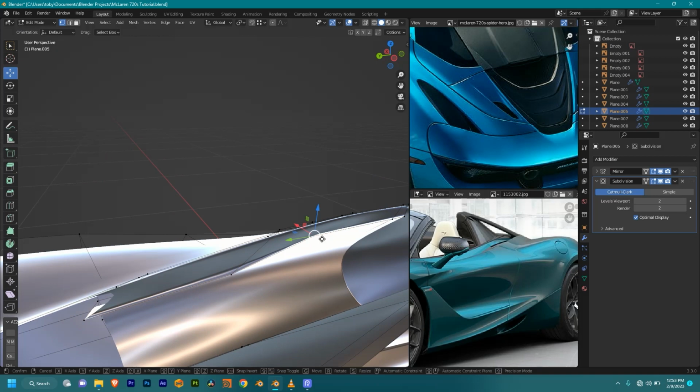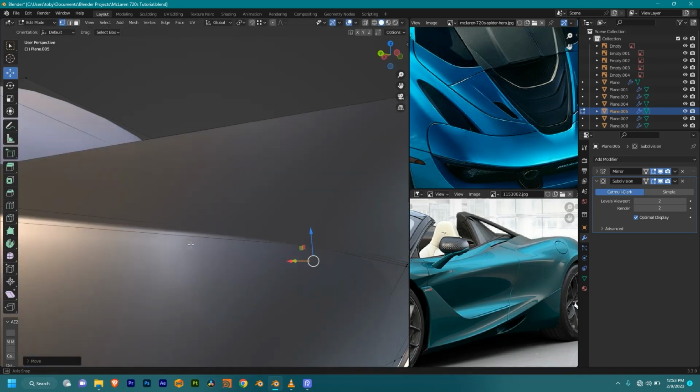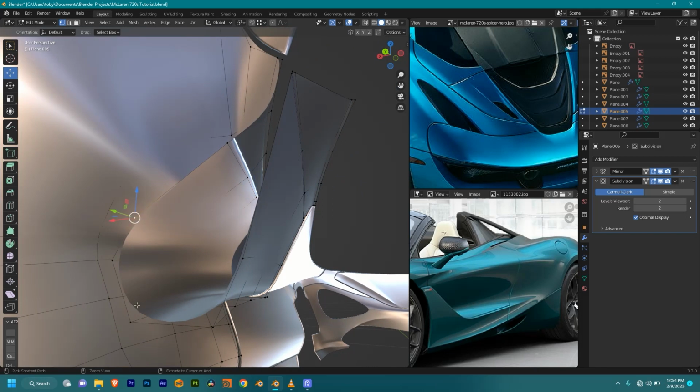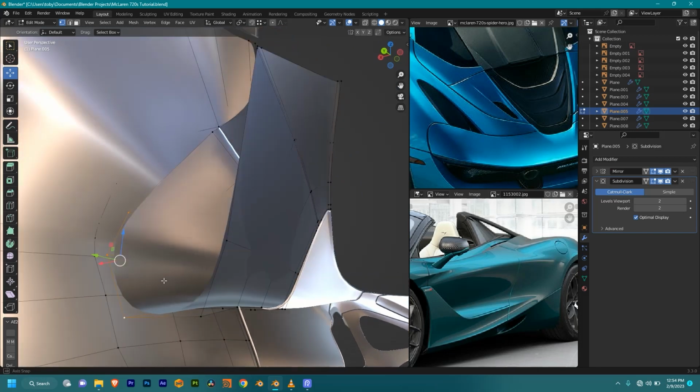So let's make the ones on the bottom just correspond quite nicely. PX and put this over